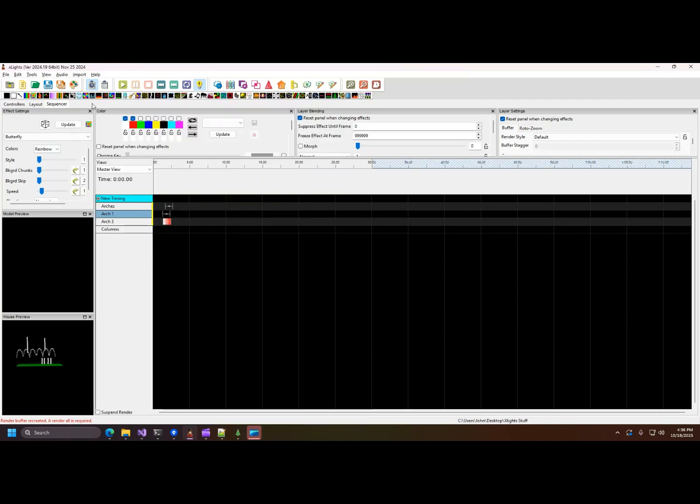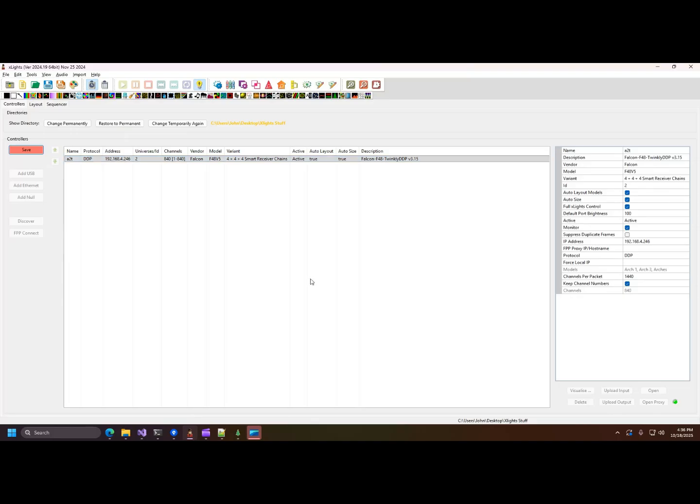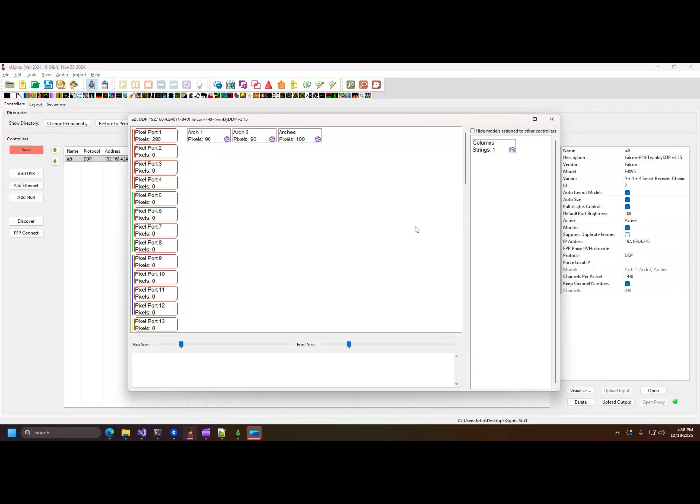Let's give it something, maybe flames. Now let's go to controllers. Turn off live output so it'll let you do this, otherwise the buttons are disabled. Visualize, columns, boom. Now it'll say too many nodes. That's okay. We don't care about that because this is problems with an actual Falcon controller, not us. So let's go ahead and save that